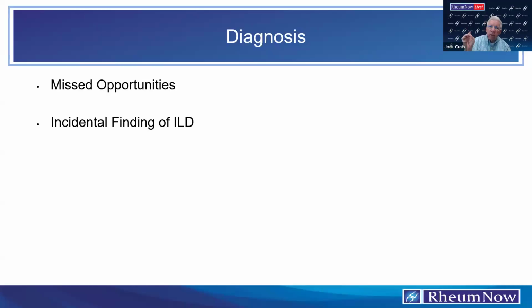Shane, I want to give you a chance to jump in on this, but I also want to point out another thing. I think pulmonologists often see patients where ILD is really found because a chest CT was done for a shoulder injury, and that's how they found it incidentally, not because they had a suspicion. And I found the pulmonary literature on this kind of interesting. Do you want to address that?